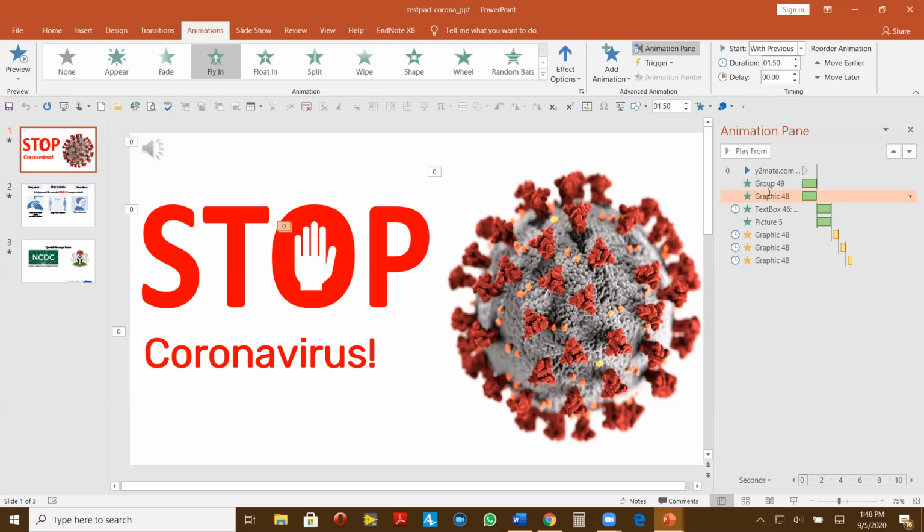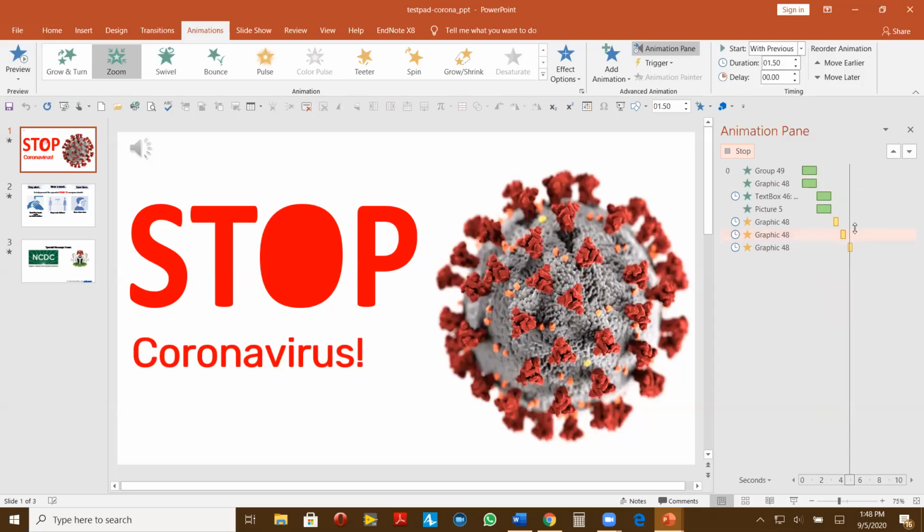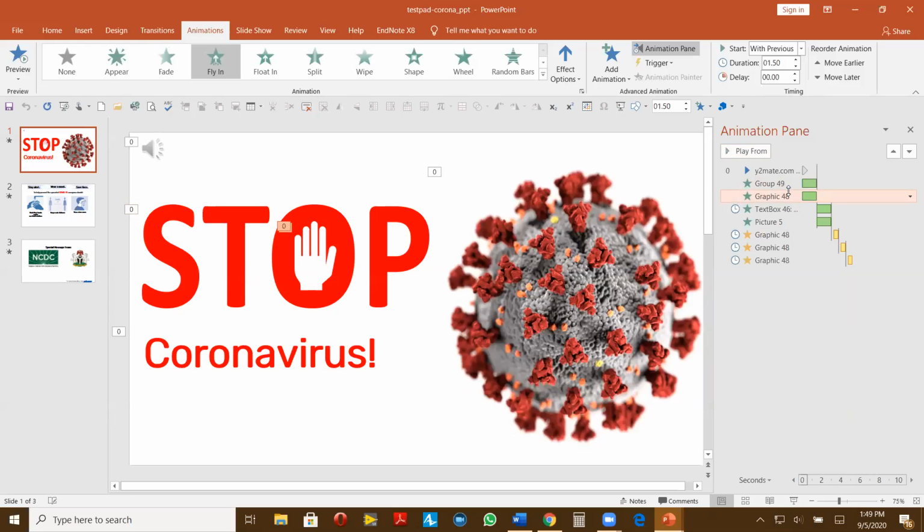So that's why, if you see this, one zooms in while this one flies in, and all the other ones. This other text box for coronavirus will also fly in, and this picture too will also fly in. So after the graphic has appeared, the coronavirus and this picture will also appear, and they'll appear at the same time. But it's after all these things have appeared that this hand now is going to